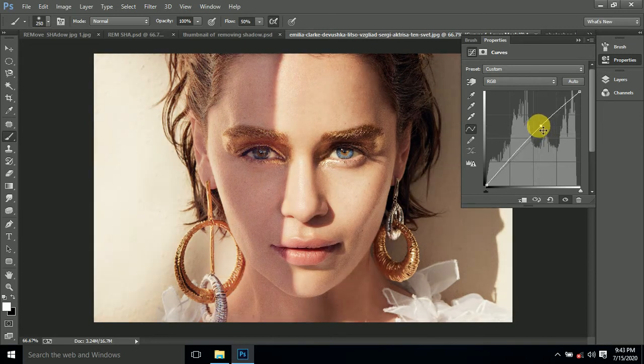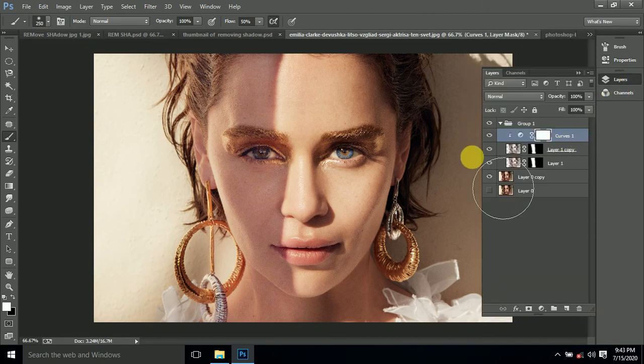You will find that it is applying on all layers, but we need a mask. Click on here. Now you will find that it is only on the first layer.